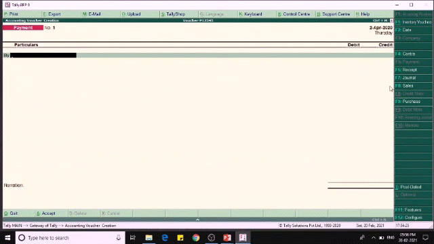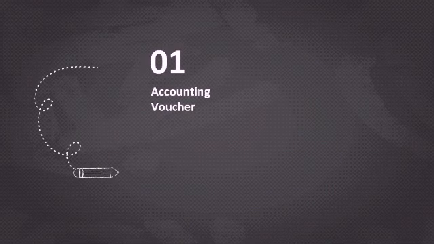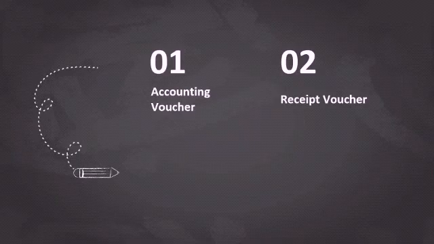And this is the button toolbar which shows the voucher types. By pressing the corresponding key, we can choose the necessary voucher type. And then the next topic is receipt voucher. Receipt vouchers are for recording receipts of money or equivalents such as checks, demand drafts, and pay orders. Cash sales can also be entered as receipt voucher, but it is better to enter cash sales through the sales voucher so as to get reflected in both sales and cash books.